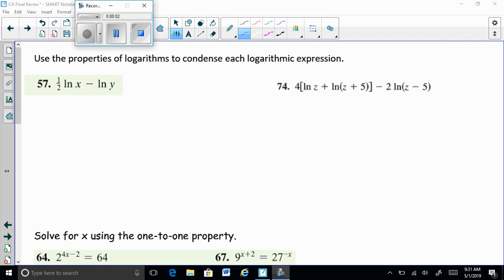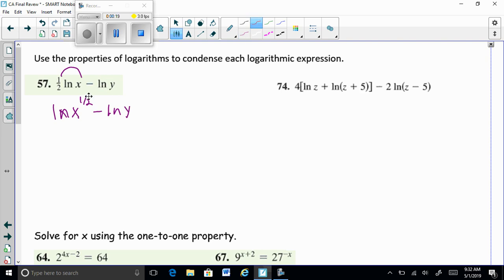Okay, so now we are going to condense. So we're going to take this 1/2 and put it back there as an exponent. So natural log of x to the 1/2 minus natural log of y. Now that 1/2, we want to go ahead and convert that to a radical. So that's going to turn that into the natural log of the square root of x minus natural log of